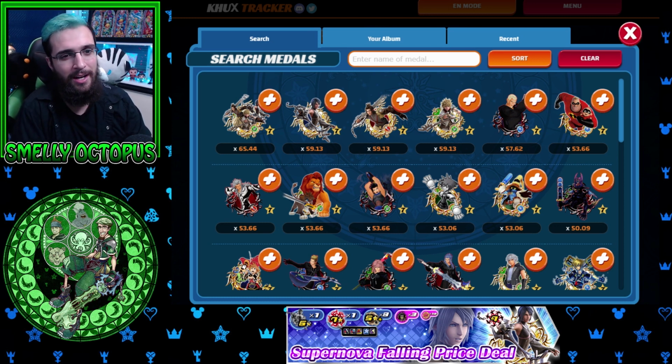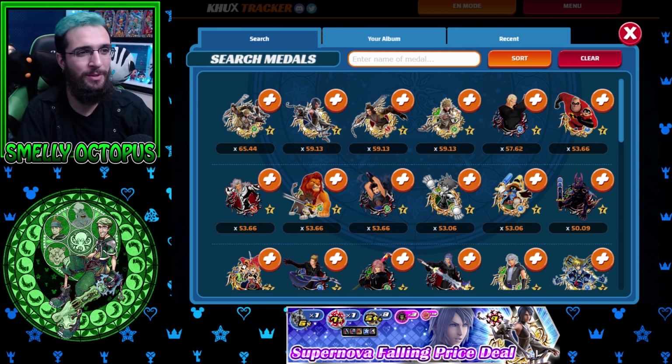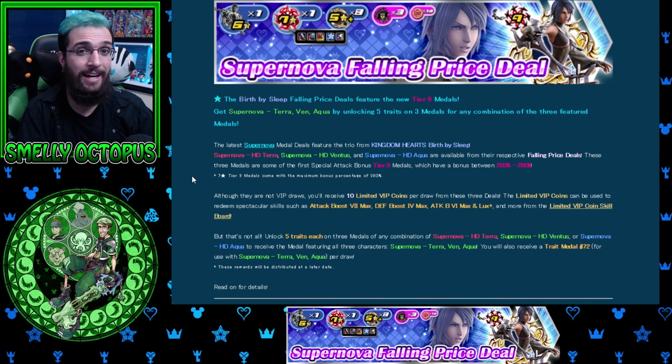So let's start off. It doesn't matter which one I start off with. The trio are all the same. They do exactly the same thing, but for their respective attributes being speed, power, and magic. And they're all upright, so no reverse buffs. The first thing, which is obvious, is that these are tier 9s, the first tier 9s in the game, which equals